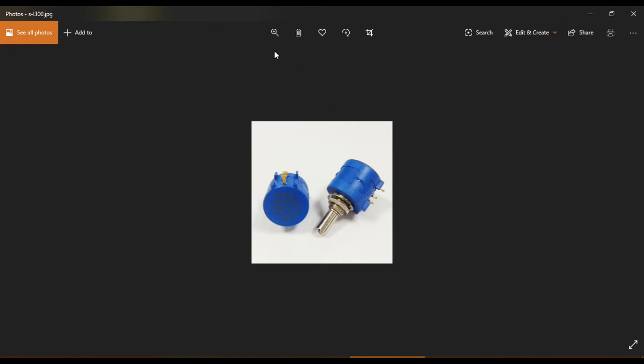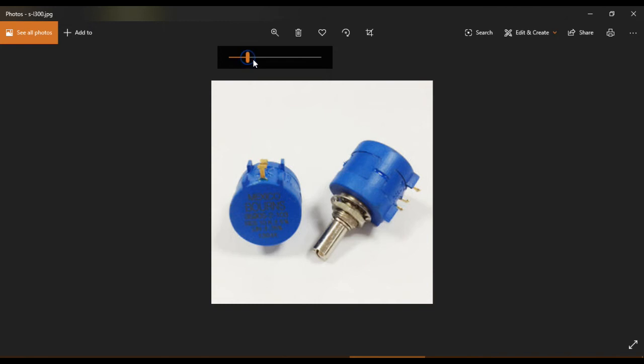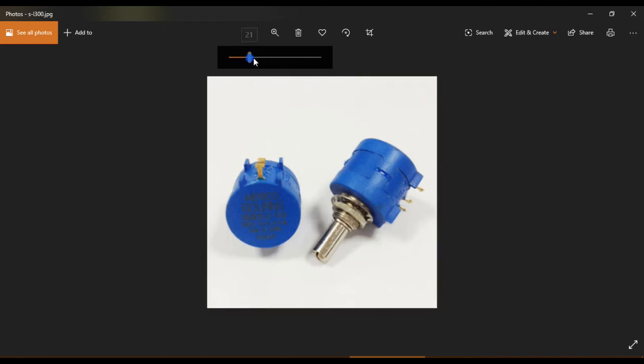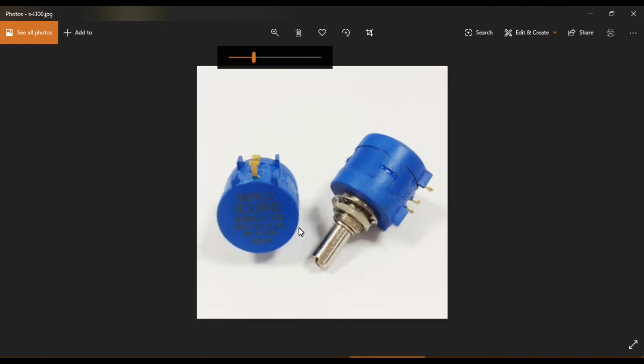And this is another type. This is a special type of potentiometer. It is applied for very precise applications. It is a 10 turn pot. That means your shaft's movement is related to the 10 turns, and your resistance value increases very slowly with respect to the movement of the shaft.